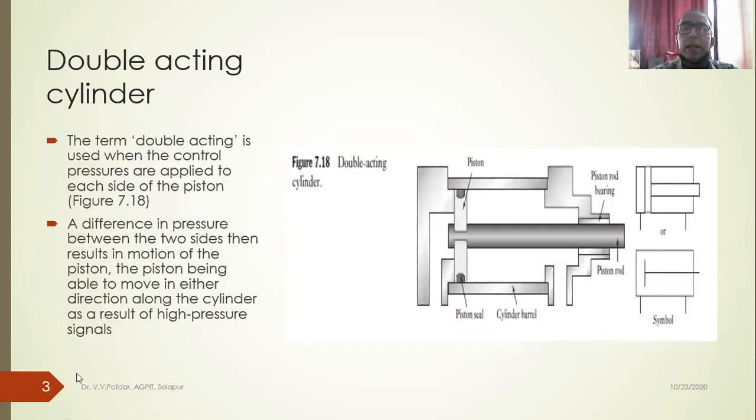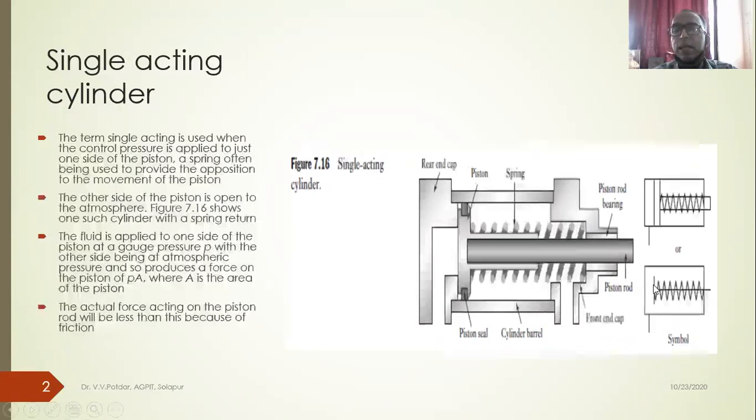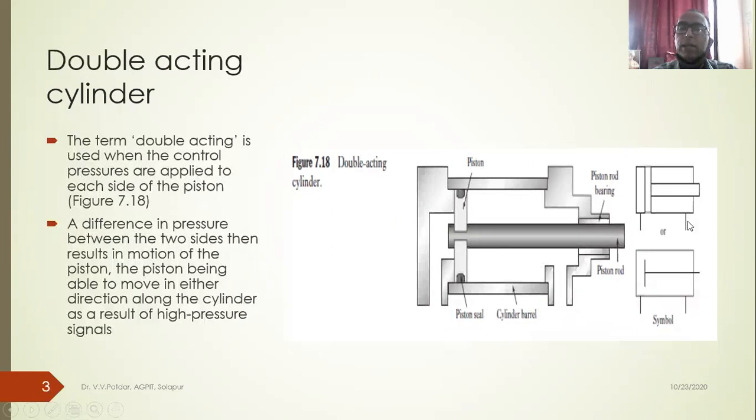Then we have a double acting cylinder, right? The symbol is like this: piston with two lines. In single acting, you had a single line, spring return. In double acting, you have got inlet and discharge, or two inlets. This will act as inlet in the forward stroke, and this will act as discharge. And then when reversed, this will act as inlet for the backward stroke, and this will act as exhaust. Both are the symbols of the double acting cylinder.